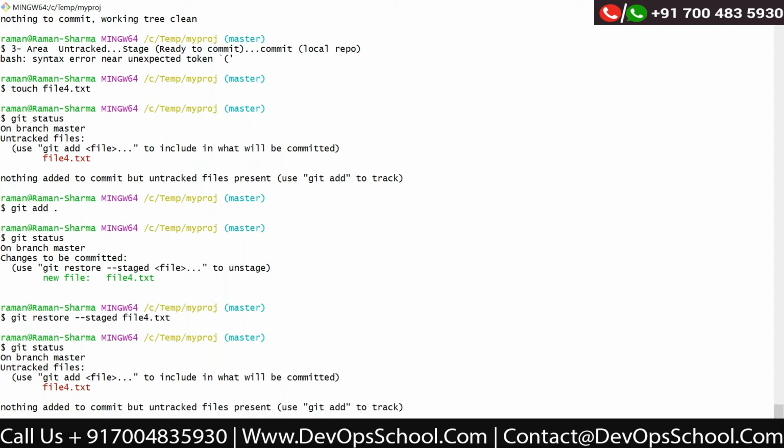Until you commit, the files can move from stage to untracked and back to stage. We can also revert back when the file is committed, but before commit, everything you can switch between the untracked and the stage area.